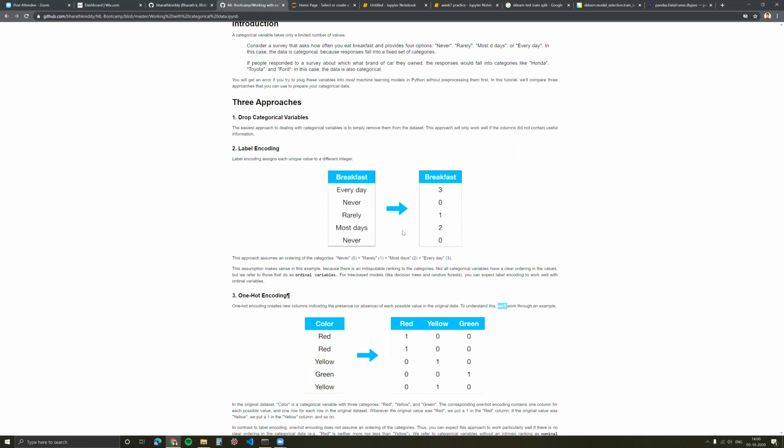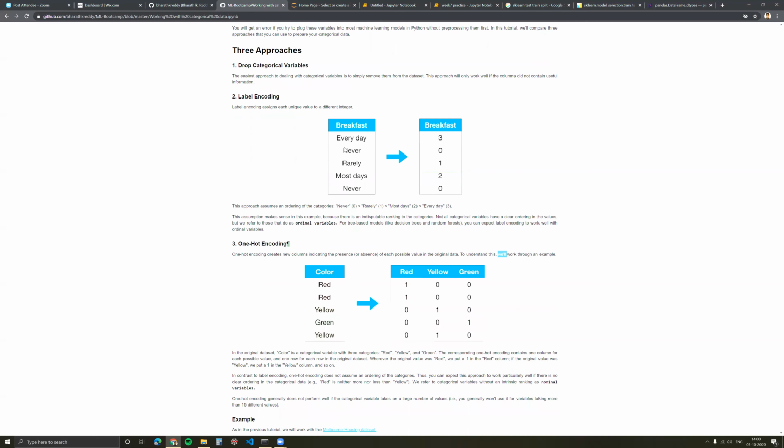weight, the nuance or the subtlety of it is, though we have said never is better than rarely and most of the days is better than every day, and we have put 0, 1, 2, 3. You see, because of this, the distance between never and rarely is equal to the distance between most of the days and every day.